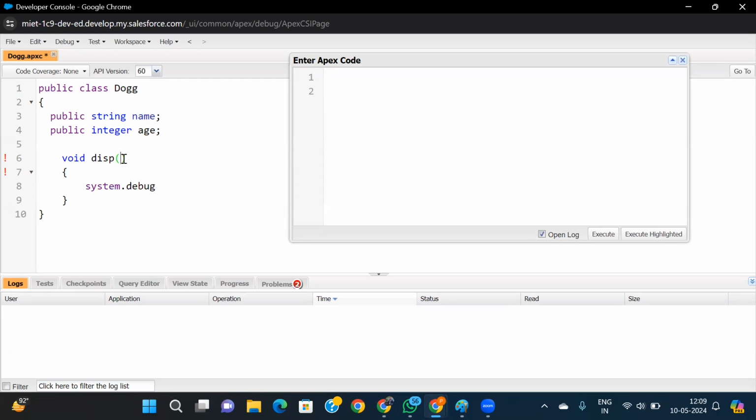And this is the name of my method. Now I am not using a static. In the next class, we are going to talk about the difference between static and non-static. Method, I have not used the static keyword here. So I'm going to say system.debug